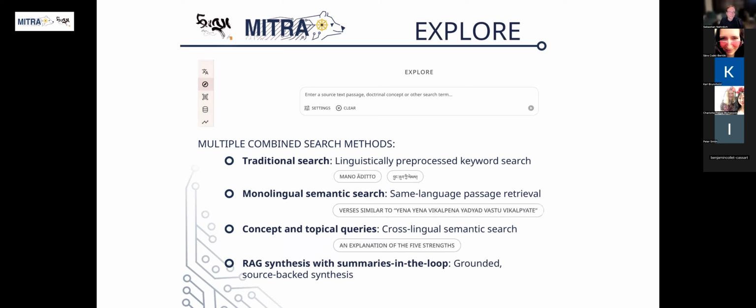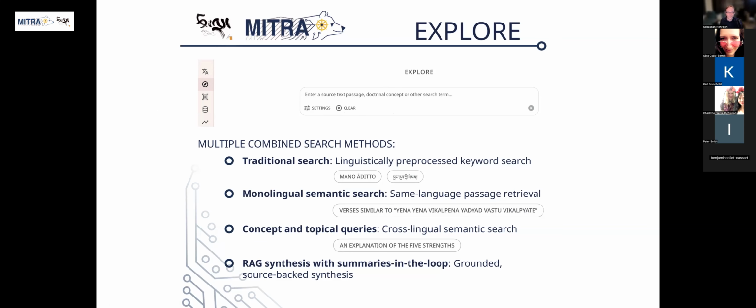In order to access the Mitra Explorer function, we have the button over here. By clicking on the Explore button, you can enter the Explore interface, where we have a number of search methods combined. Explore is basically multiple search engines in the same place.